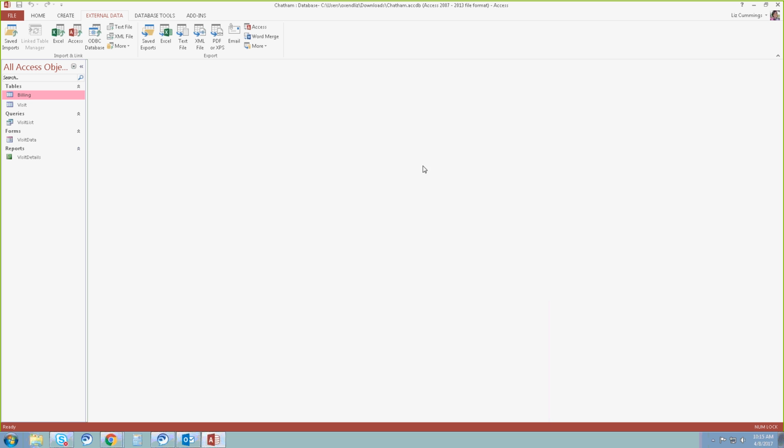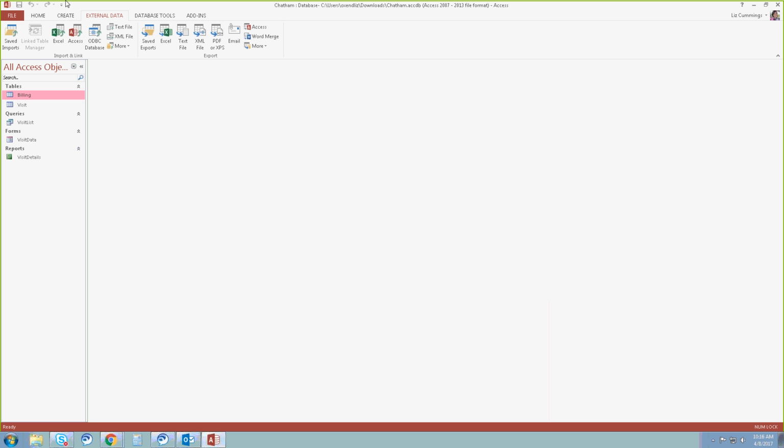Next, we have billing closed, and we're going to create a table by importing an existing table structure. So basically what we want to capture are the fields that are there, not necessarily the data that exists. Okay. So we're going to create the patient table by importing the structure from another table, and this is at the